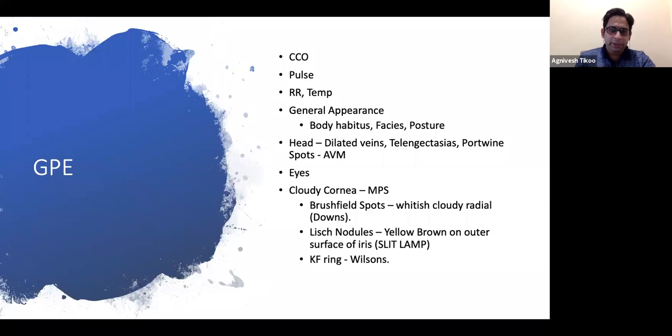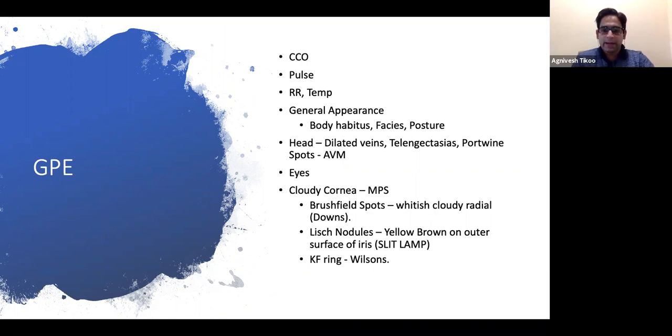And facies, the patient may have some facies like mucopolysaccharidosis and other glycogen storage disorders. They usually present with pediatric deformities, spinal and extraspinal also. So they have typical faces. Even in Marfan's, you will see a high arch palate. So all these things you have to keep in mind when you are doing a general examination.